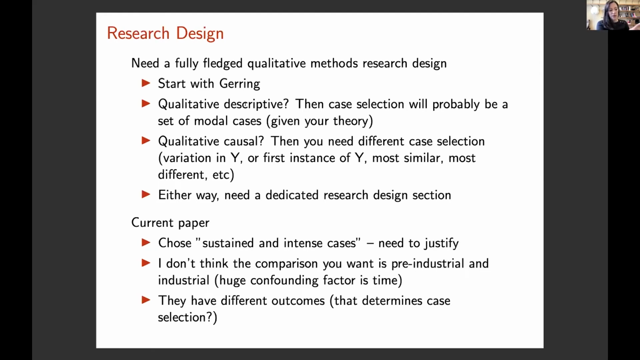But if you're going qualitative causal, then case selection is everything, right? So you need a different case selection. It could be the first instance of imperialism. It could be variation in the outcomes, who is successful or not, most similar, most different. Either way, you need to have a research design section that motivates your case selection. Because right now, you're choosing sustained and intense cases, right? I'm not sure how that maps. You might have had a most similar systems design in mind, but it's not clear from this first